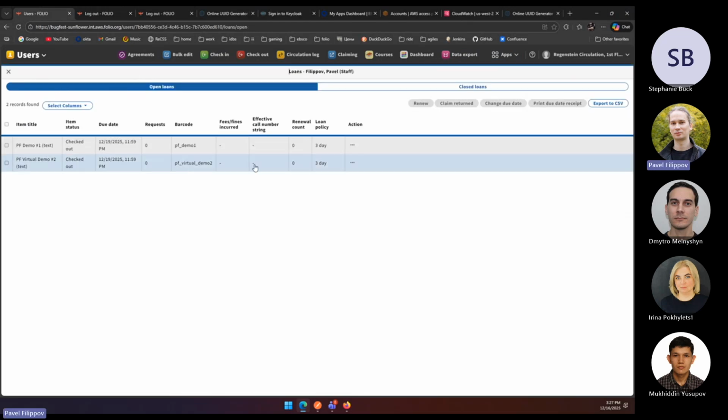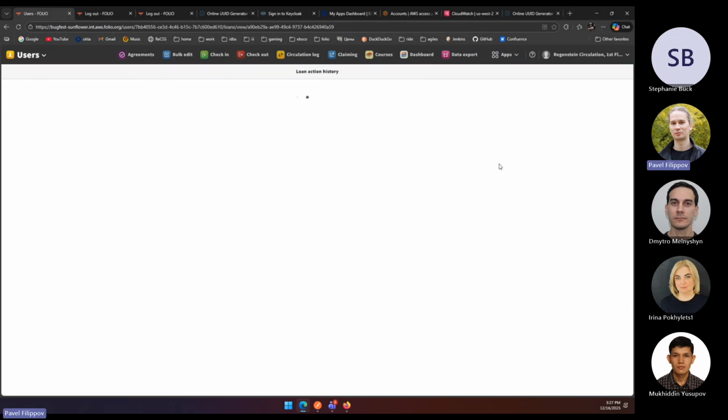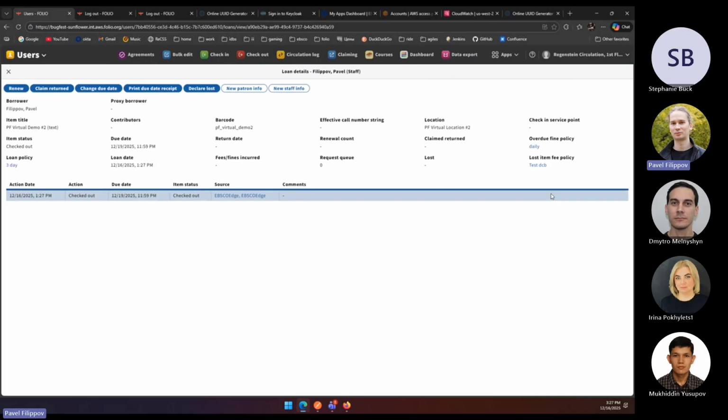So we have two open loans, and this is the second item we've created. And as you can see, we have 3 days loan policy, overdue fine policy daily, and lost item fee policy test DCB. Basically, that demonstrates that these loans were not populated by default, but from the circulation rule that we